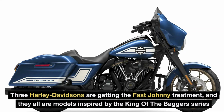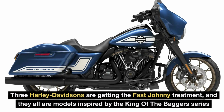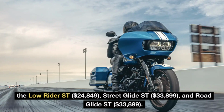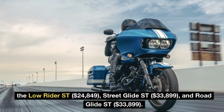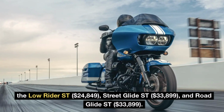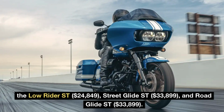3 Harley Davidsons are getting the Fast Johnnie treatment, and they all are models inspired by the King of the Baggers series: the Lowrider ST, $24,849, Street Glide ST, $33,899, and Road Glide ST,